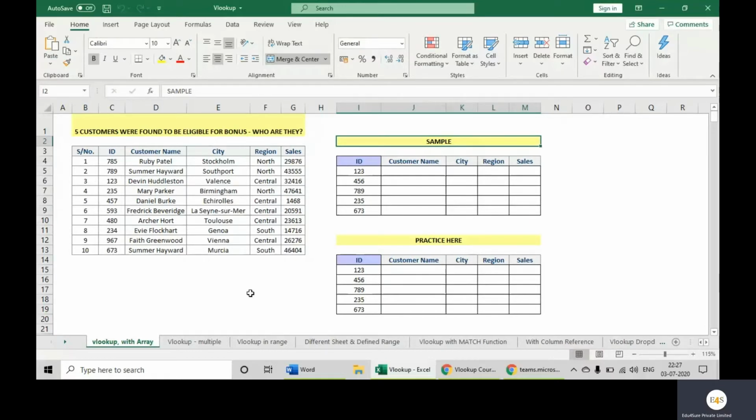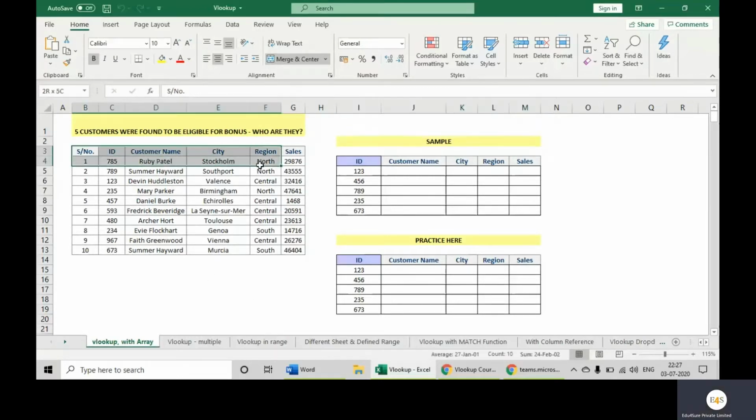Basically, we need to understand what VLOOKUP is first. VLOOKUP is an Excel function which is used to find data in a table which has been organized vertically. In this entire course bundle, we are going to cover 18 scenarios on VLOOKUP, followed by a bonus on HLOOKUP and XLOOKUP and then a quiz. We'll start with the basic VLOOKUP in this first session.